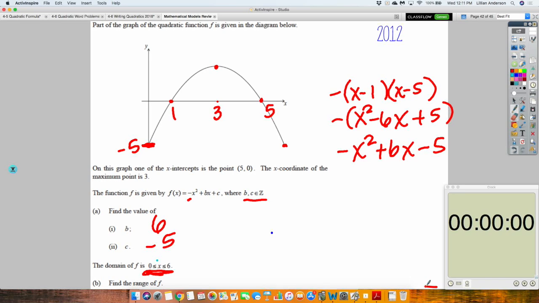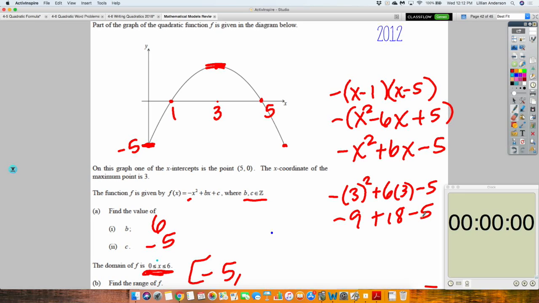Now it tells you that the domain of this function is from 0 to 6, which means that whatever this value is and whatever this value is, that's how low it goes because it says that it's included. So it's not negative infinity to whatever the maximum is, it's whatever this value is to the maximum. How do I figure out what this y value is? We do have it. It's the C. This is -5. Does everybody understand why it's -5? So it goes from -5 all the way up to,